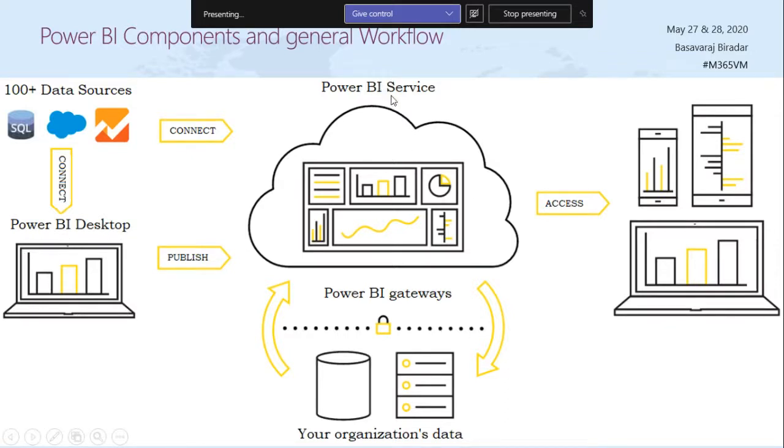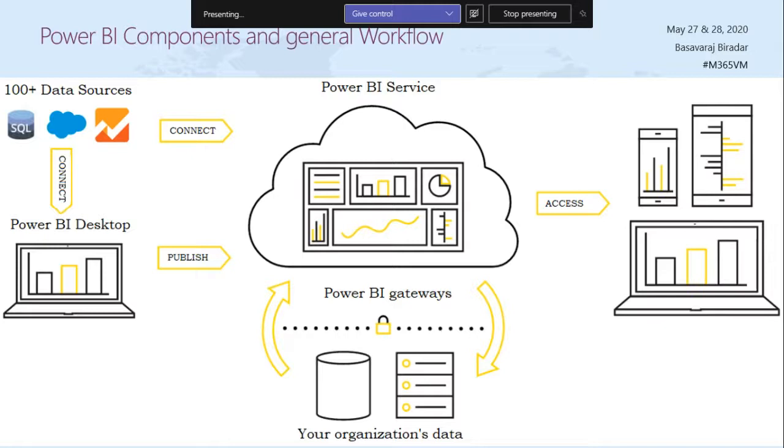So how does Power BI service refresh the data? To refresh the data, you need to install a Power BI gateway on your on-premise machine, and the Power BI service will communicate with that Power BI gateway, and the gateway internally communicates with the various data sources, fetches the data, and returns it back to the Power BI service, where you can see your reports with the latest and greatest data.